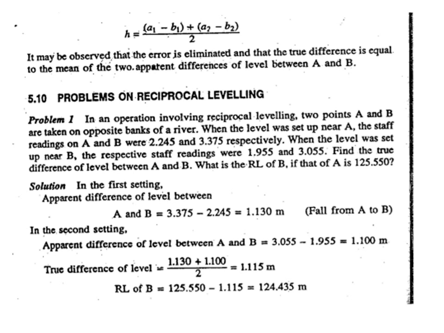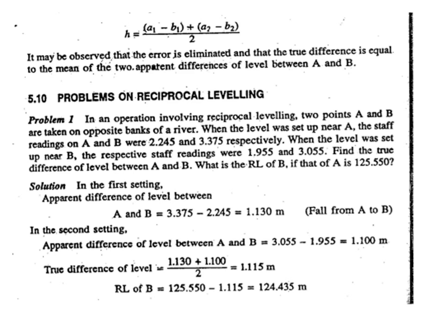In an operation involving reciprocal leveling, two points A and B are taken on opposite banks of a river. When the level was set up near A, the staff readings on A and B were 2.245 and 3.375 respectively. When the level was set up near B, the respective staff readings were 1.955 meter and 3.055. So find the true difference of level between A and B, and what is the RL of B? That of A is